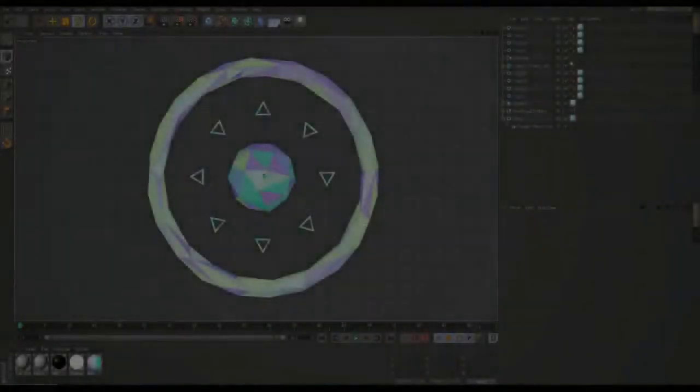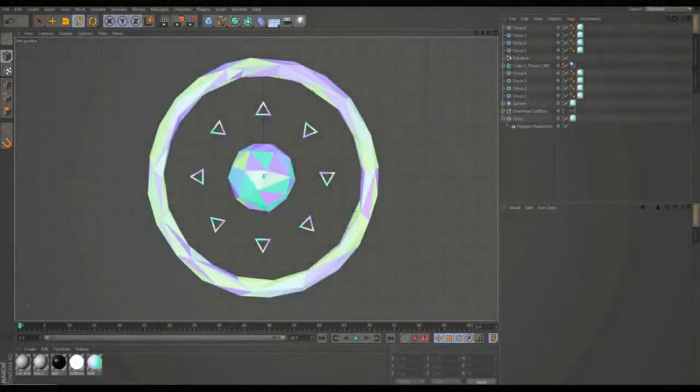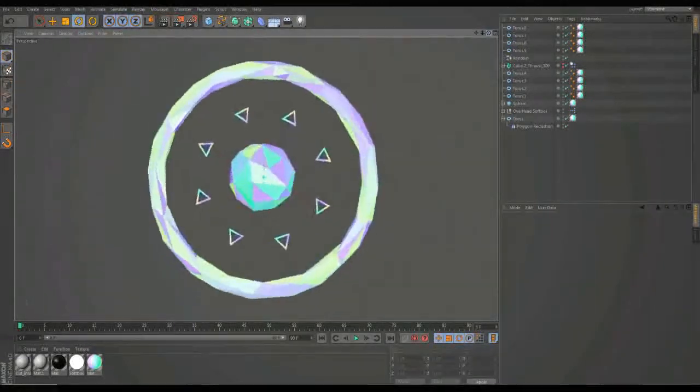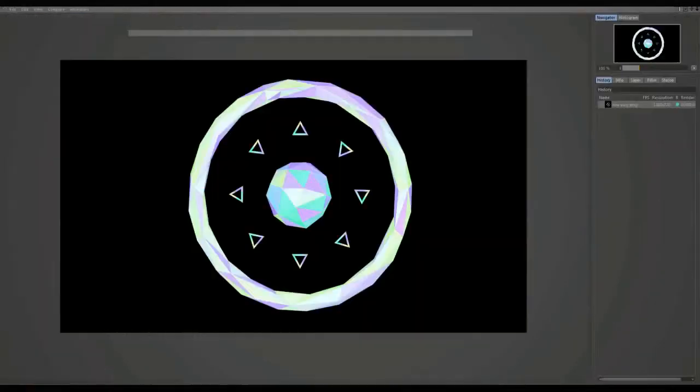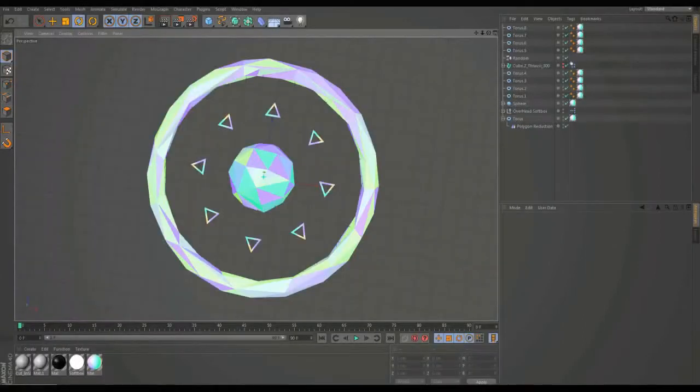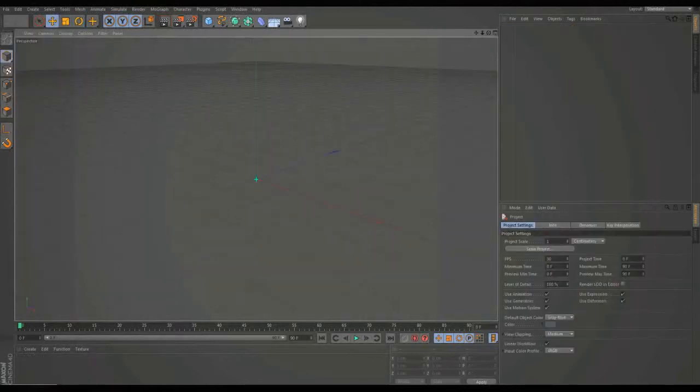Hey, this is Y Praler, and I'm going to show you how to use the low poly effect on different things, just to make stuff like this, and it looks like that in the final. This is a Cinema 4D tutorial, so I can imagine people doing a lot of cool things with this in Photoshop. Okay, let's get started. So go File, New, or if you have a file or a project open,